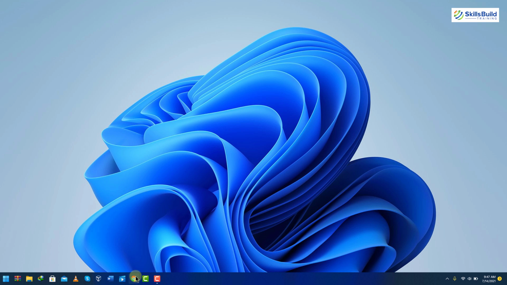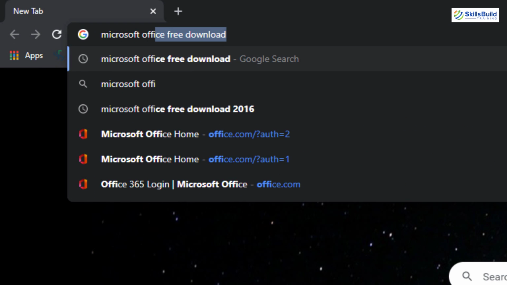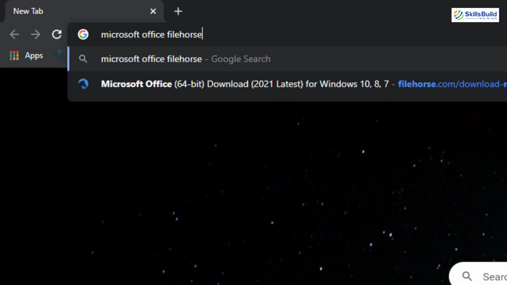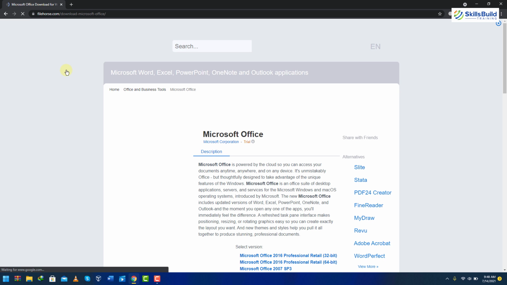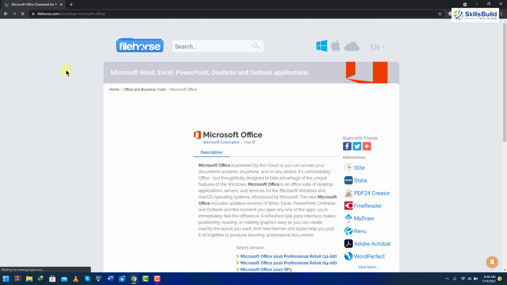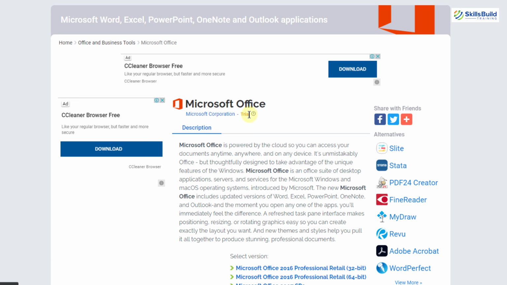Just open your browser and write Microsoft Office File Horse. Just hit enter. And this is the official link from the website called File Horse. Just click on it, and you can download your Microsoft Office from there. And here you can see it says trial. It means it will work only for the trial period,